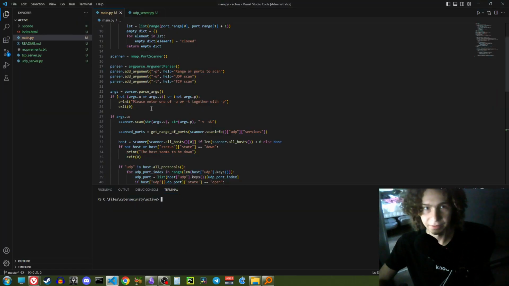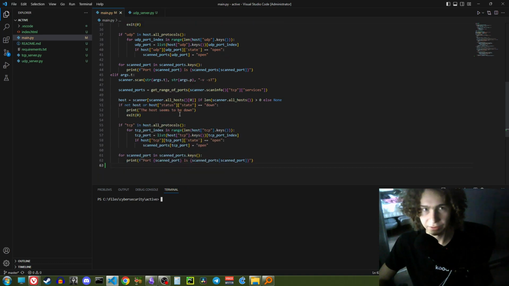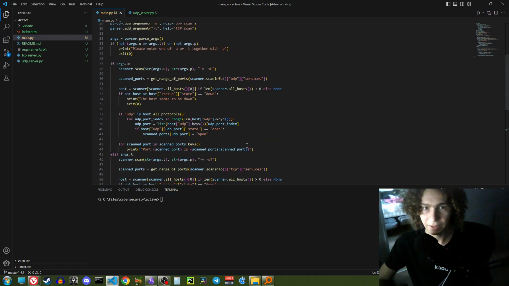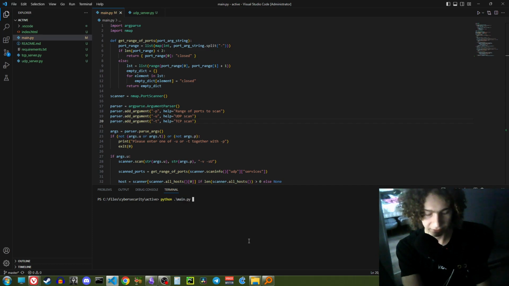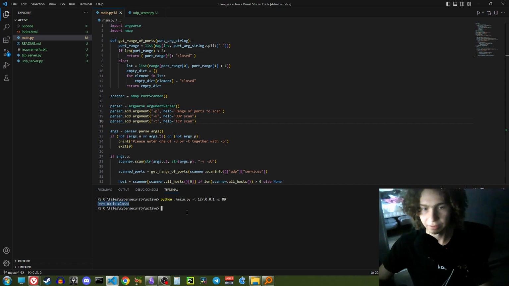So this is the Python code that I have written for this. It is the main.py, and it's really the worst code that I feel like I have ever written, but it works, so there's no need to optimize it any further. Let's just run it and see what happens. So we do -t for TCP and write in the localhost with -p for port and port 80. And the program says that port 80 is closed, as it should be, because